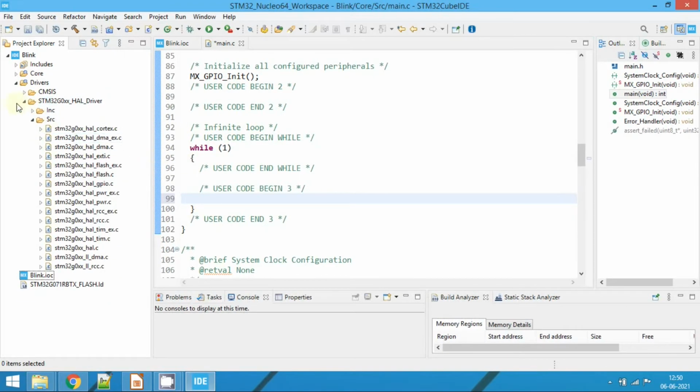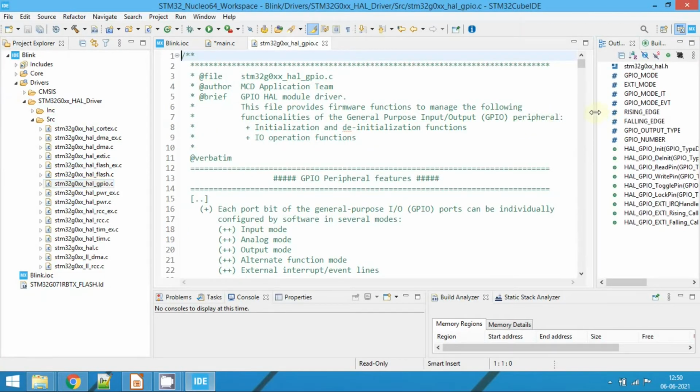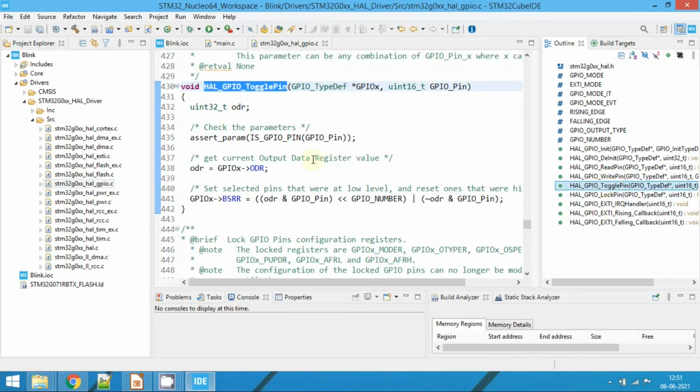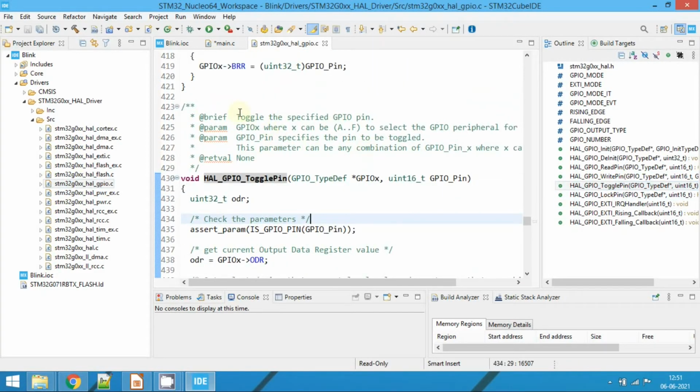Here you can see all the HAL libraries associated with the G0. Click on GPIO.c, and on the right side in the outline window, you will be able to see all the functions associated with the GPIO. The one we are interested in is HAL_GPIO_TogglePin. You can read this description here. It will basically toggle the particular GPIO pin.